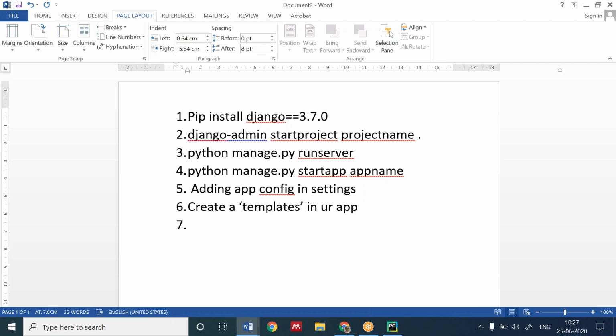Okay. Next, what do I have to do? I have created a templates folder. Create an HTML file in the templates. Okay, I have created an HTML file named index.html. Then next, what should I do? I created it perfectly. I have the HTML file named index.html. Next, what should I do? Come on fast. I want to hear you in the chat box.